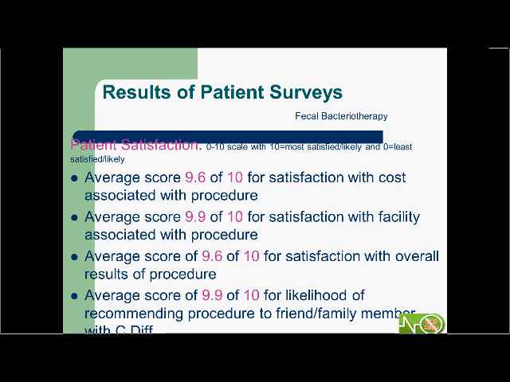There was also a score of 9.9 out of 10 for the satisfaction with the facility providing the procedure, and 9.6 out of a Likert scale of 10 for overall results, and also 9.9 for the likelihood of recommending family members to undergo this procedure if they do get C. difficile, which is a hallmark of this